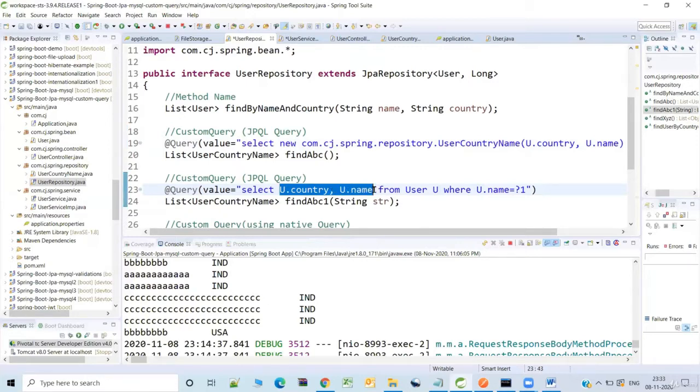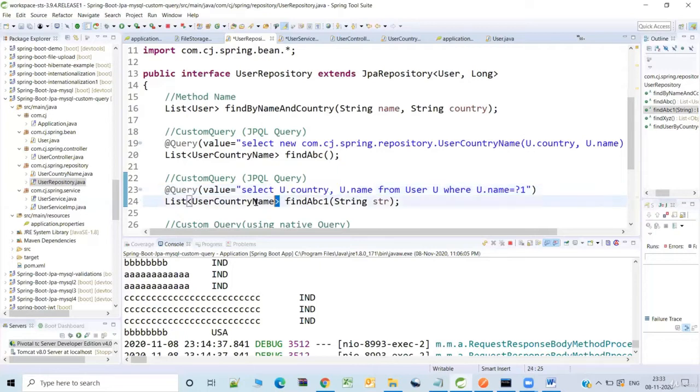In our entity class, we have only 3 fields. One is ID, the other is name, the other is country. But in a real application, there can be 10 fields. But when I am trying to retrieve, I'm interested only in 4 fields. I'm not interested in others. And when I'm not interested, I do not want to retrieve it, to save the runtime memory or for whichever reason. So you can specify only the fields which you are interested in. This is called projection.